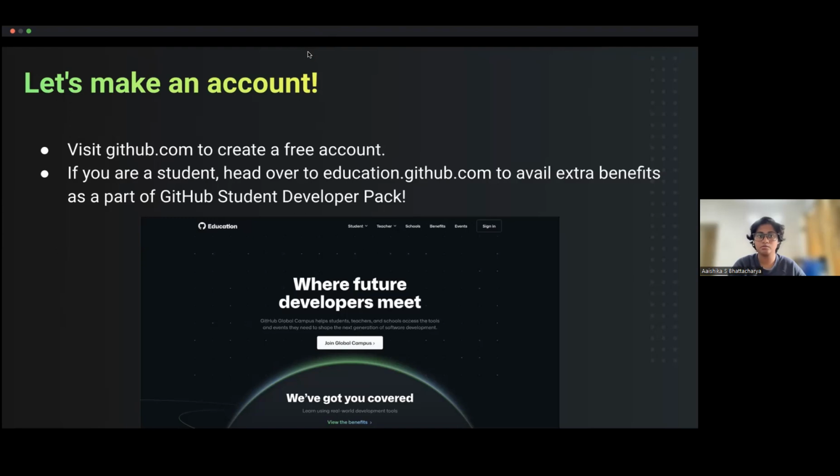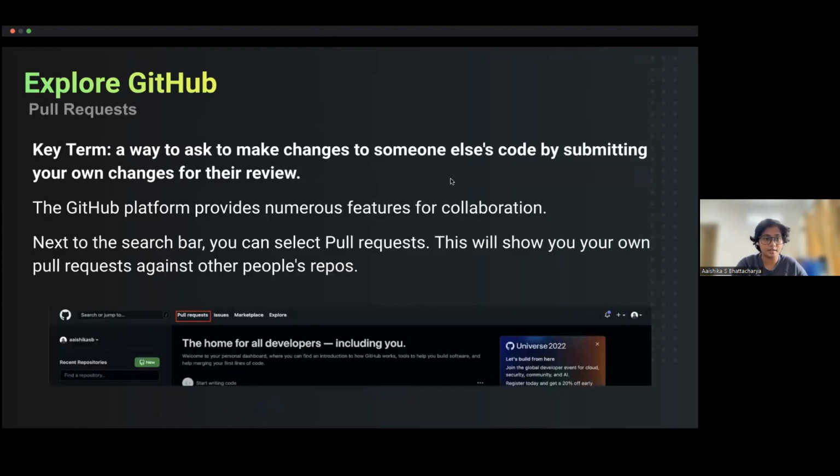So I'm guessing that all of you already have a GitHub account or have successfully created one now. So I'm going to jump on to the next slide.